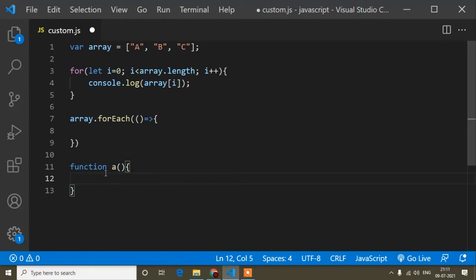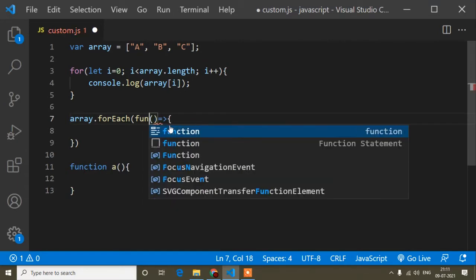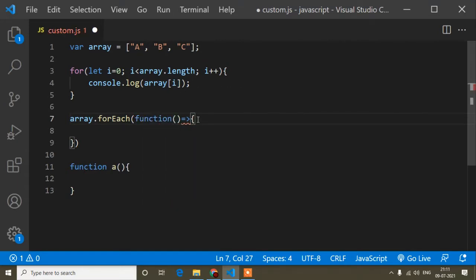So before ES6 we would define a function this way, but after ES6 came, it got a shorter syntax called the fat arrow function. So just an equals sign with an arrow, that's called a fat arrow function. Here I have written the same thing. This is a fat arrow function, but if you want to write the function keyword, you can write the function keyword instead of the fat arrow function. You just have to remove this one. But here I will use the ES6 format, this one.